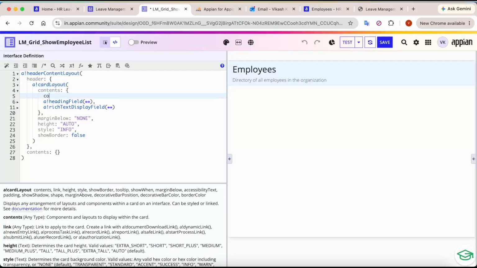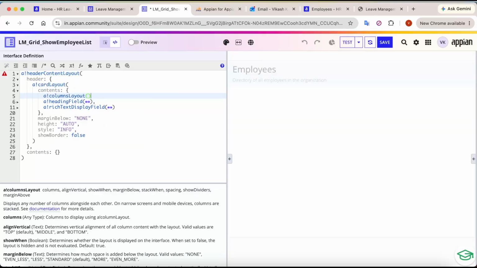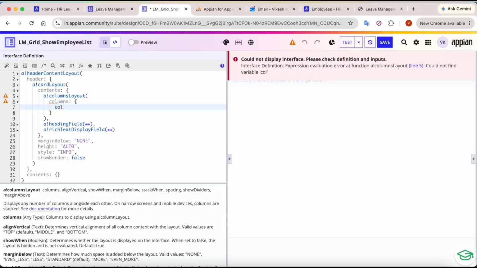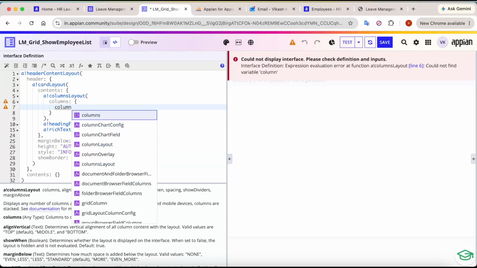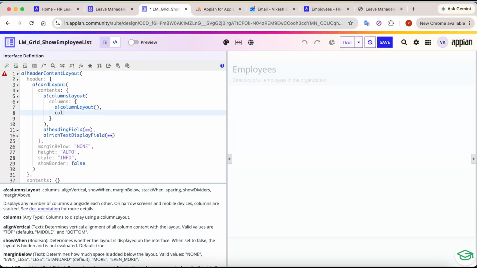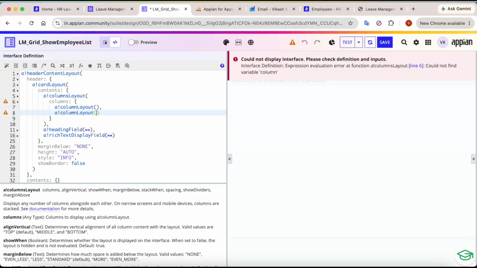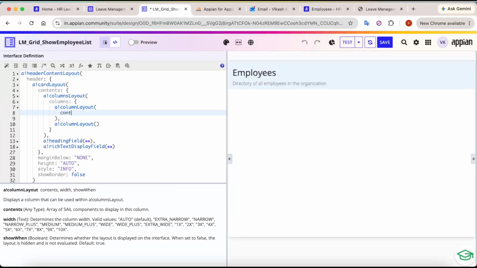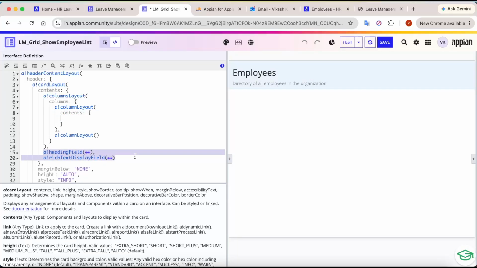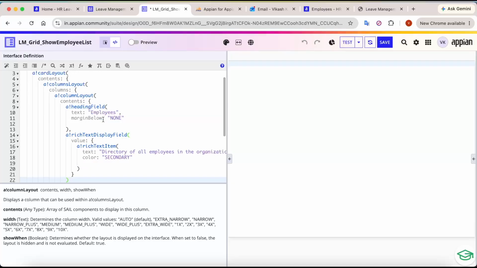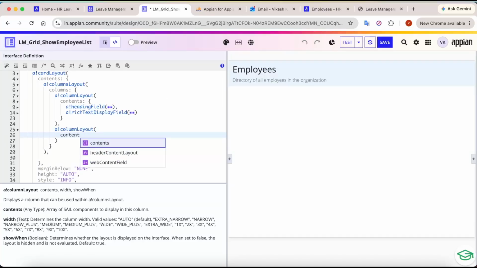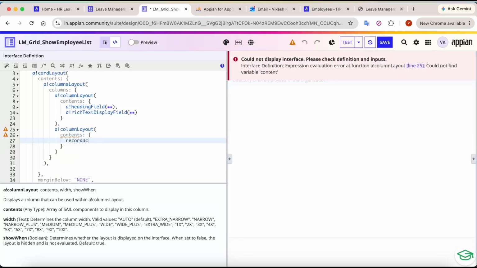Now we will have to place this in a columns layout, because the whole heading needs to be divided into two columns. In the first column we will have this heading, and in the other column we will show the action. This is another column layout. Okay, and then the contents. The contents is going to be these two here. Cut it from here and paste it. So these two things are in the first column, and now for the second column we will have a record